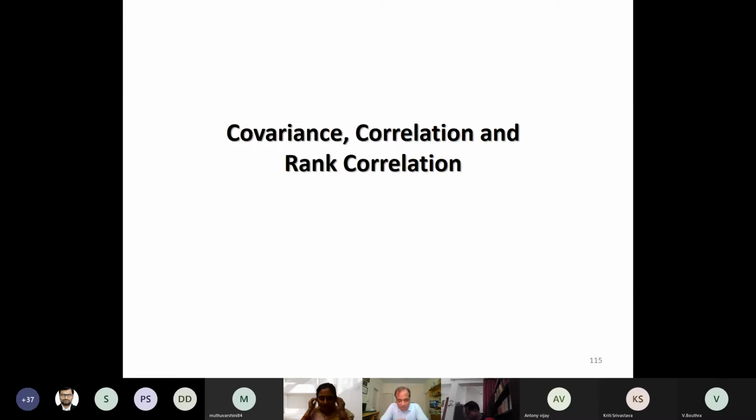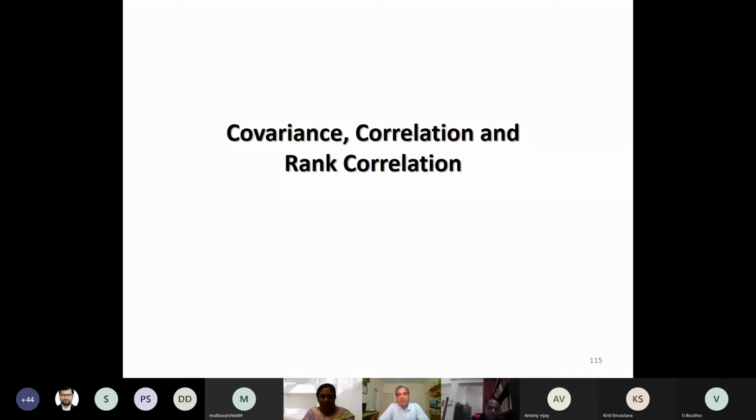So today we are going to start with the concept of covariance, correlation and rank correlation. Yesterday we had seen the graphical display of two variables, and we wanted to see whether the two variables are correlated or not, that means whether there exists a relationship between the two variables. When we are trying to understand the degree of association between two variables, we have to keep in mind a couple of things. Number one,